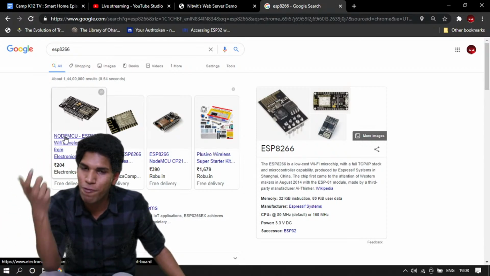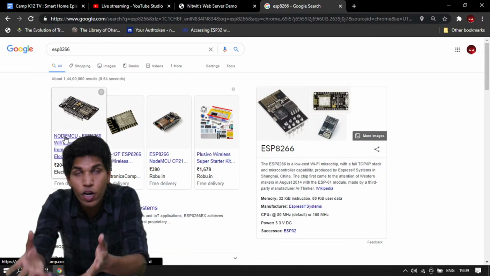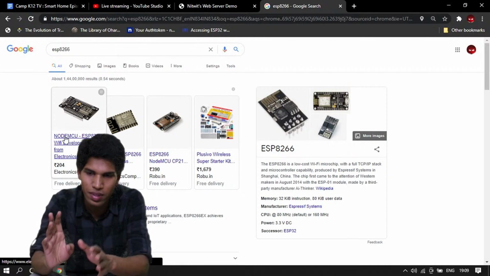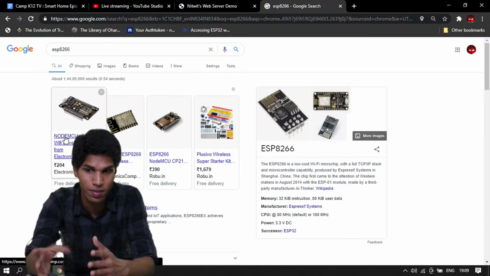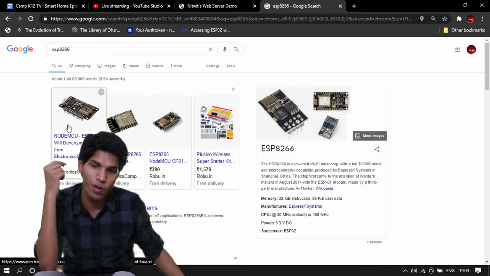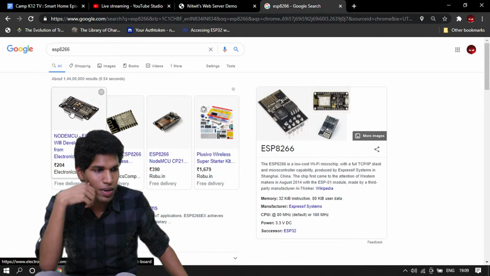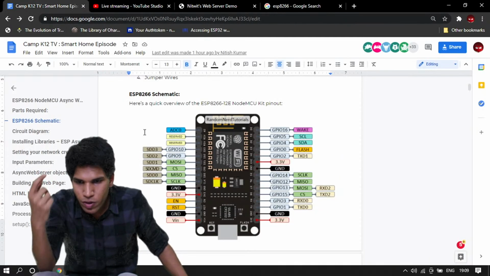It connects to your Wi-Fi and works amazingly with home automation projects, smart home projects that we are going to do today. So we are going to be using this board, an ESP8266.